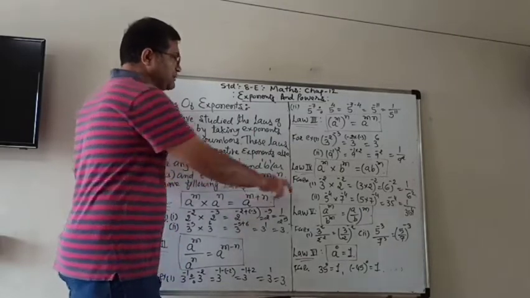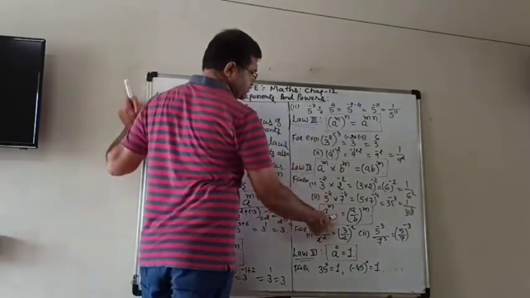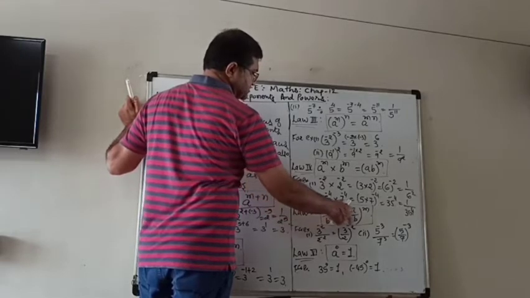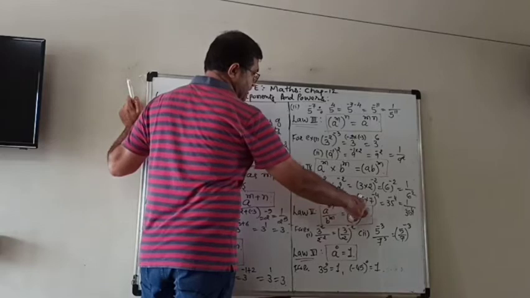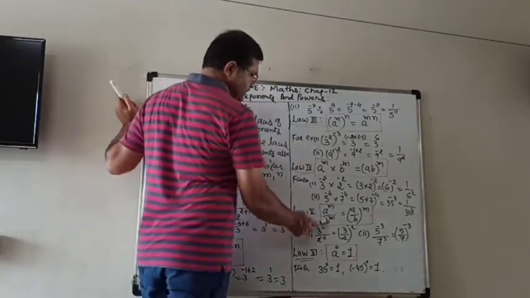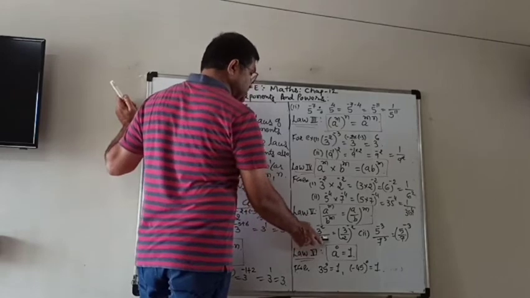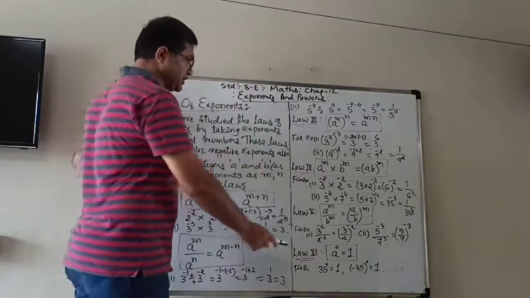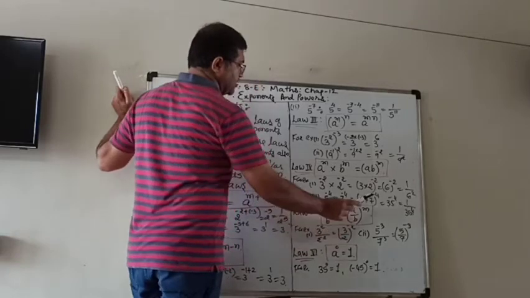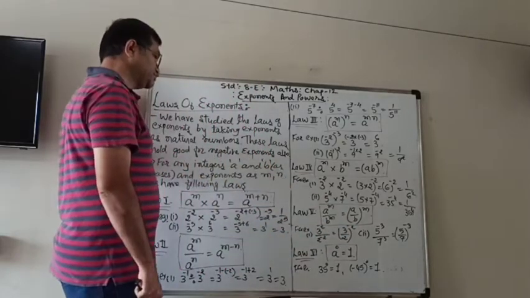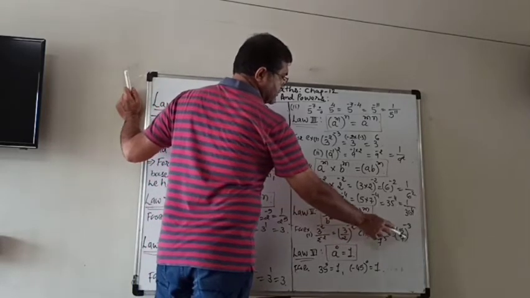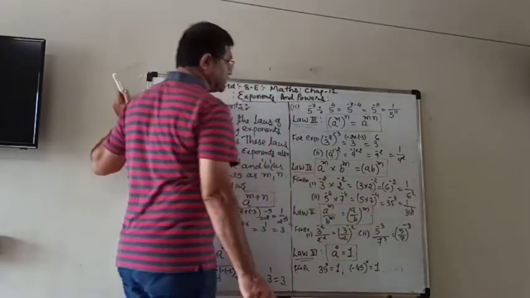Fifth rule is also the same but it is division. Powers are the same, bases are different. Then same thing, bases are divided and given the same power. So 3 raised to minus 2 divided by 2 raised to minus 2. It means that we have to do 3 upon 2 and the whole bracket has the negative power. And similarly here also, 5 upon 7 raised to negative 3 power.